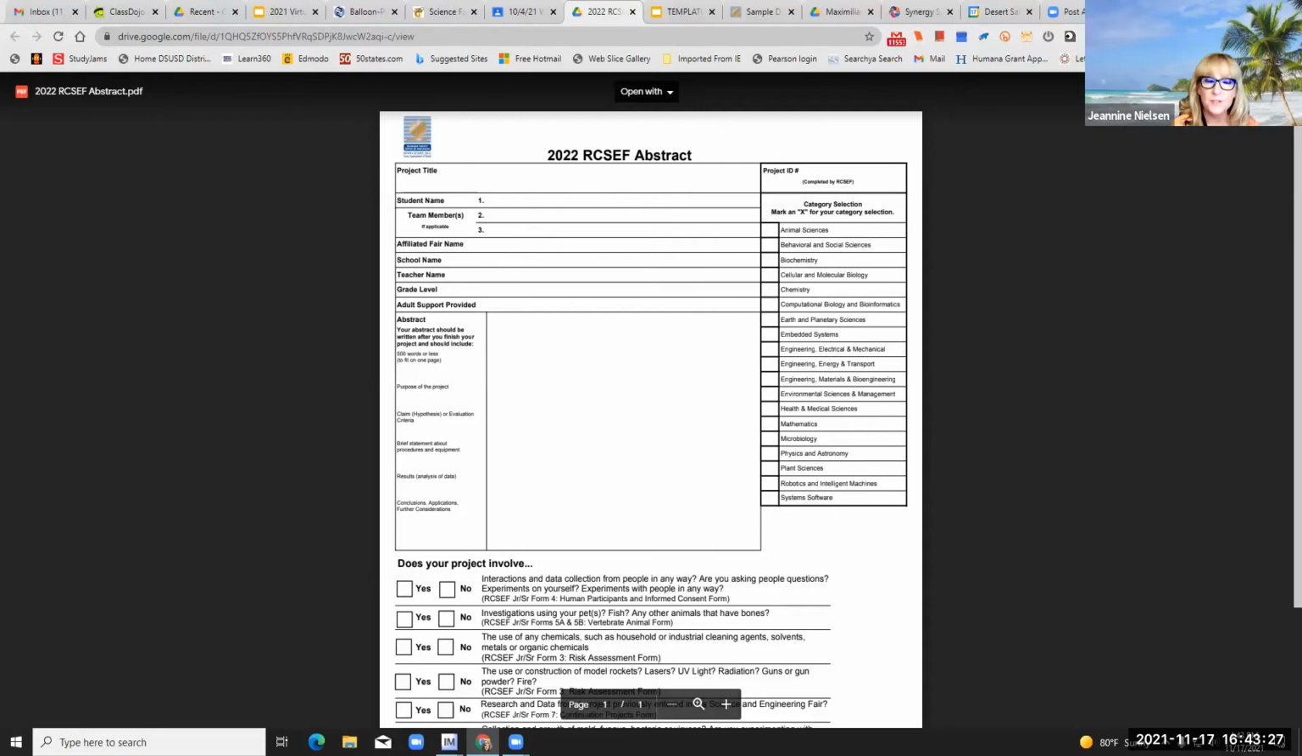If the students want to work with friends or a group, remember that the county rules say that there can be no more than 3 students in a group. The maximum number of students is 3. So you can see that that's where you have the place to type their names. Affiliated fair name, don't worry about that. The school name, you would just type Ronald Reagan Elementary. When it says teacher name, that would be the homeroom teacher for your child. So the homeroom teacher, the grade level,